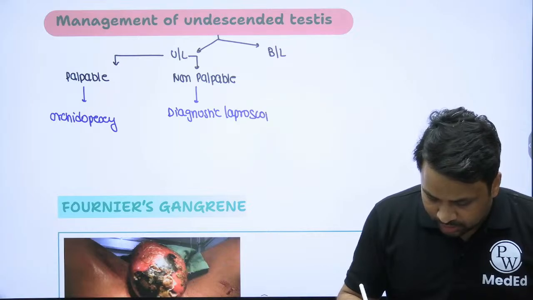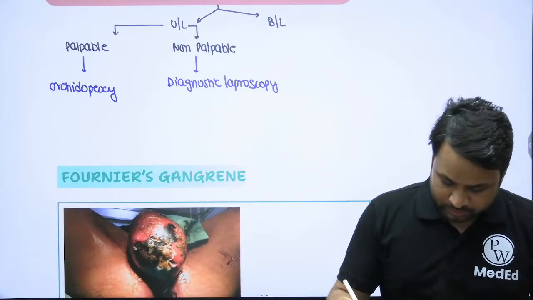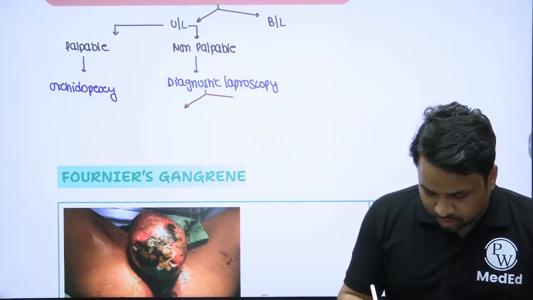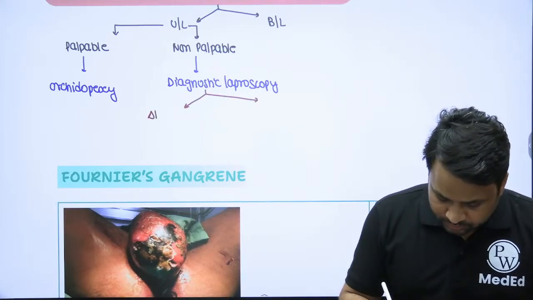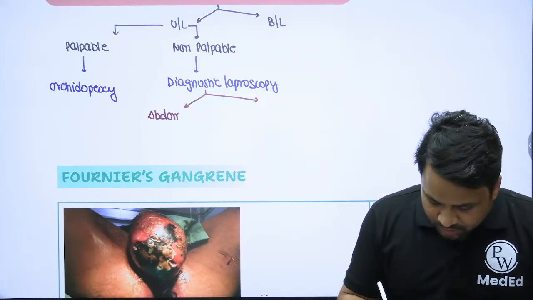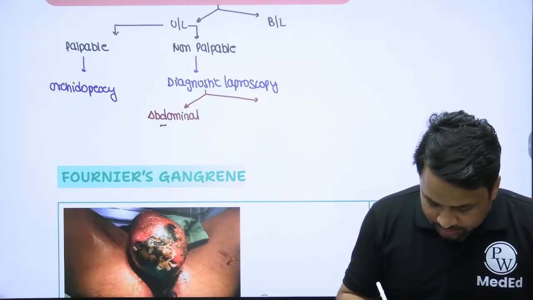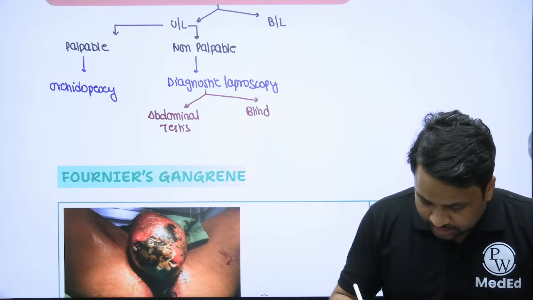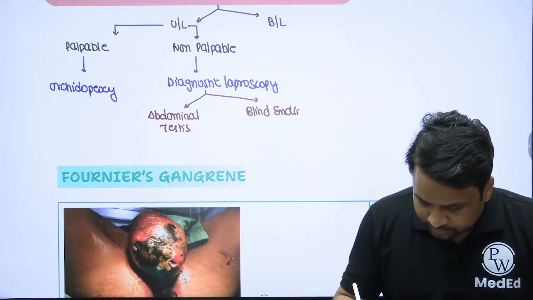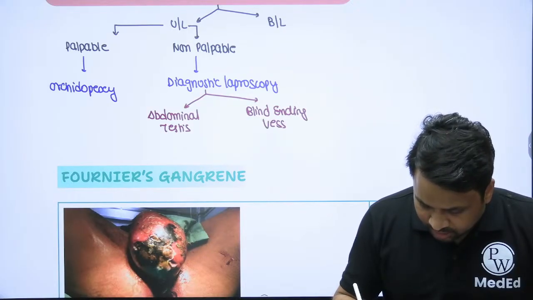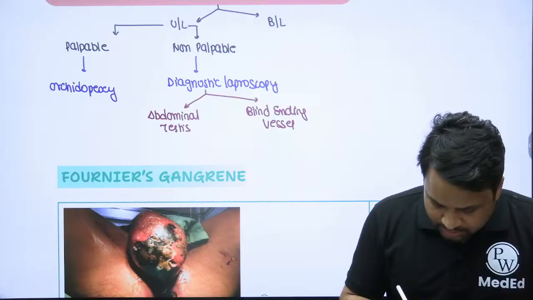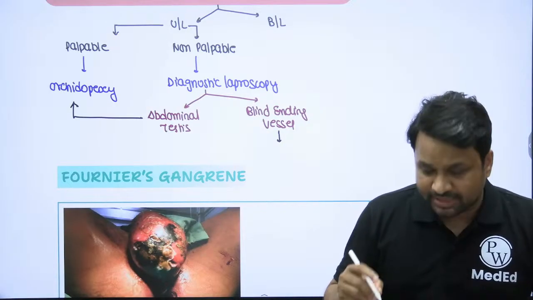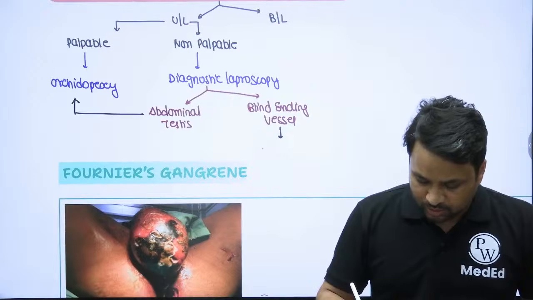You will do a diagnostic laparoscopy. In the diagnostic laparoscopy, you will see the presence of an abdominal testis, or you can have a blind ending vessel. If it is an abdominal testis, you have to go and perform orchidopexy. Blind ending testis means there is only one testis. The diagnosis here will be